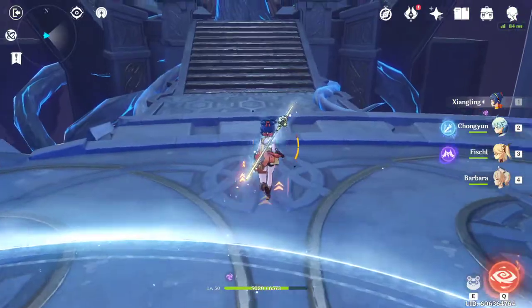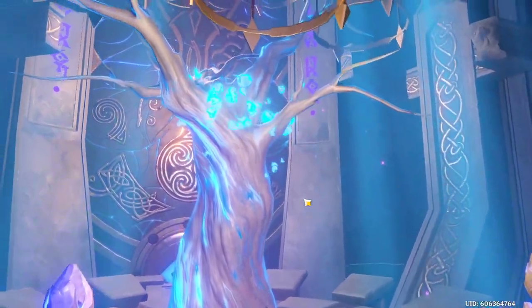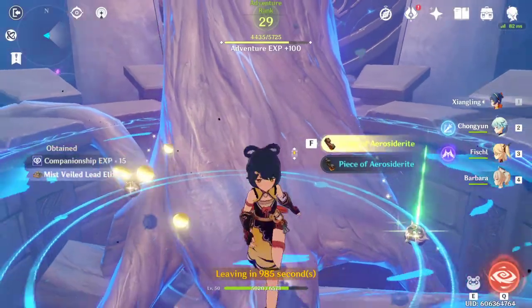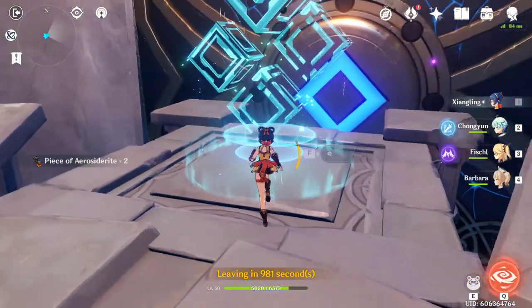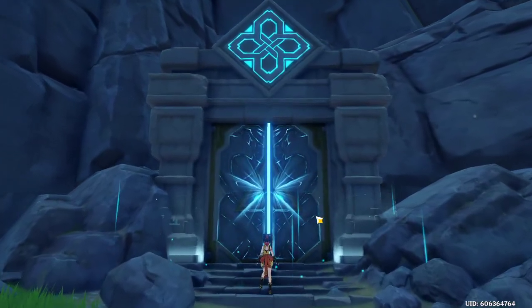That's all done. Clear time 2 minutes. Claim our rewards. The greens and the blue could be better, but I actually need greens to upgrade the weapon that she's currently using. So this costs 20 resin